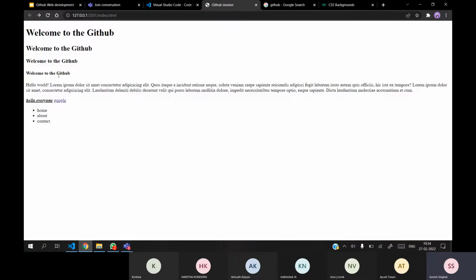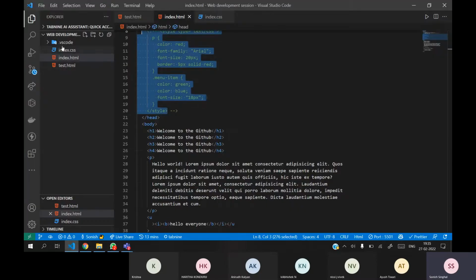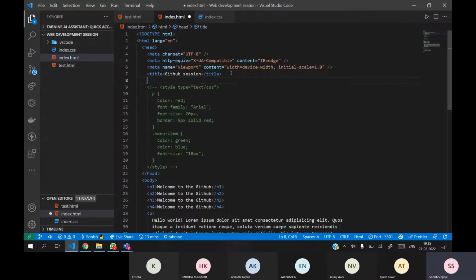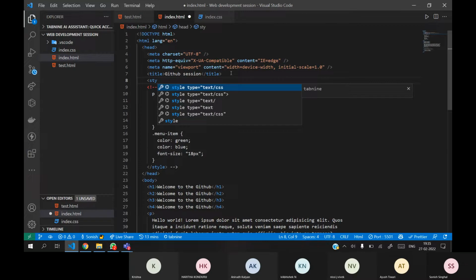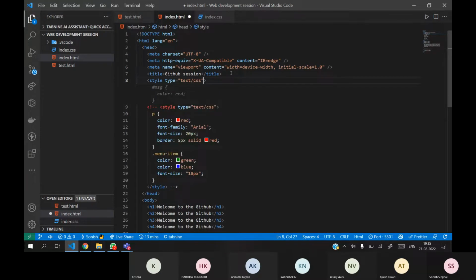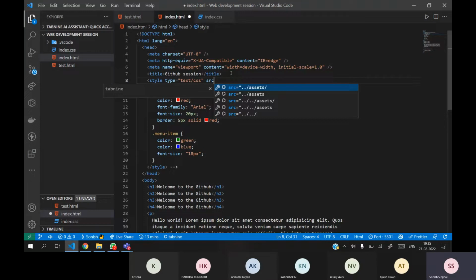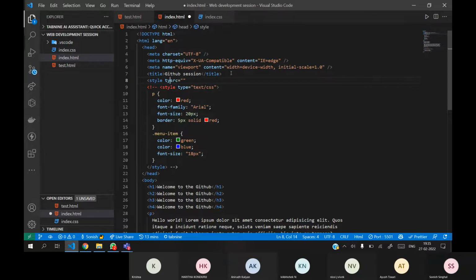So I am saving it. The style I have applied is not visible because I haven't imported this index.css where I have added the style. So simply I need to write the style tag, and we have to add the source, and in the source we add the location of the style, which is in the same index.css.